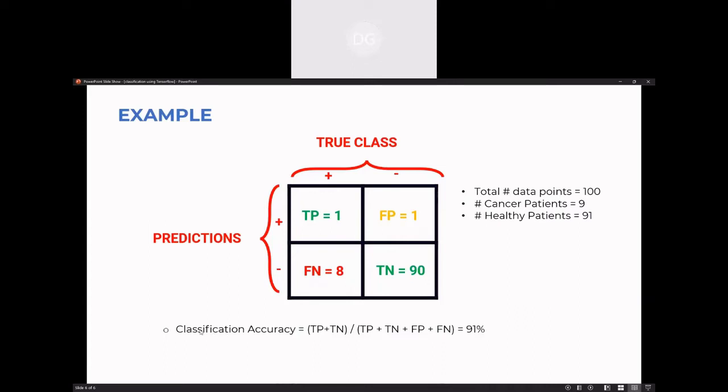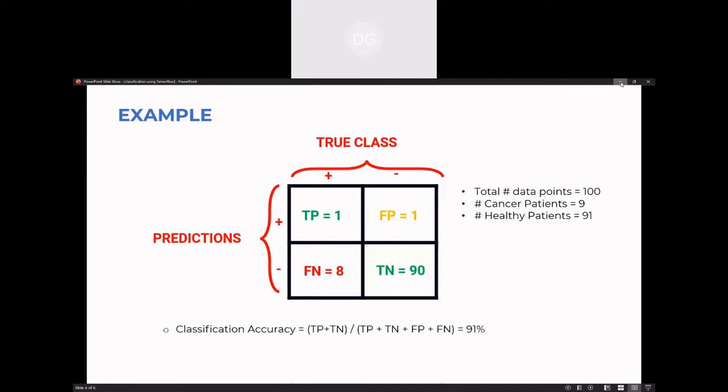So we know how we will calculate the accuracy score. By adding these particular values, we will divide it by the total values. So here we take the number of rows and how many have been predicted correctly. In this example, 91% has been predicted correctly. For this, we will see one program.